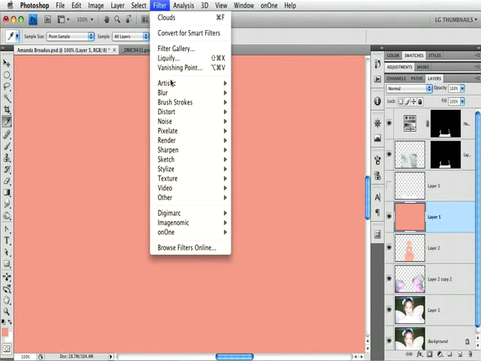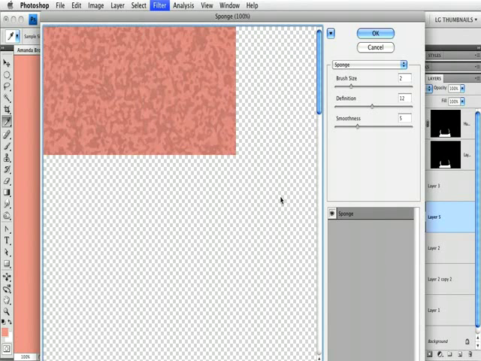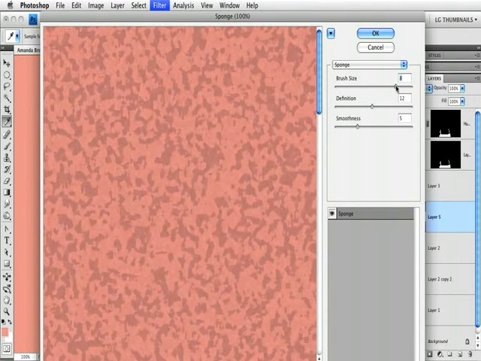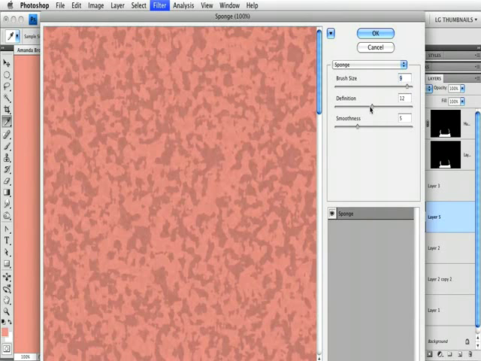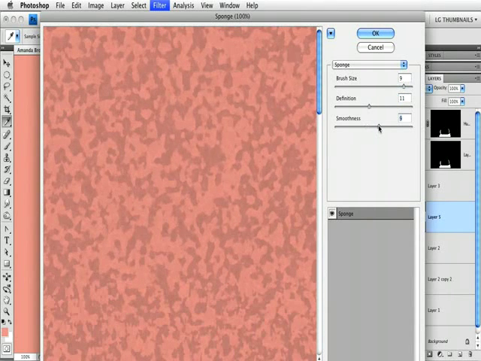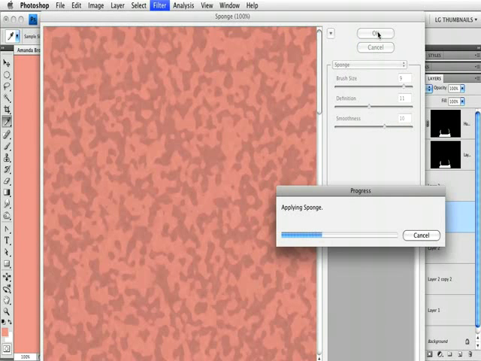I'm going to go to Filter, Artistic, Sponge. Here I played around with different sizes and the definition and the smoothness. Click OK. Just going to apply that to our layer,